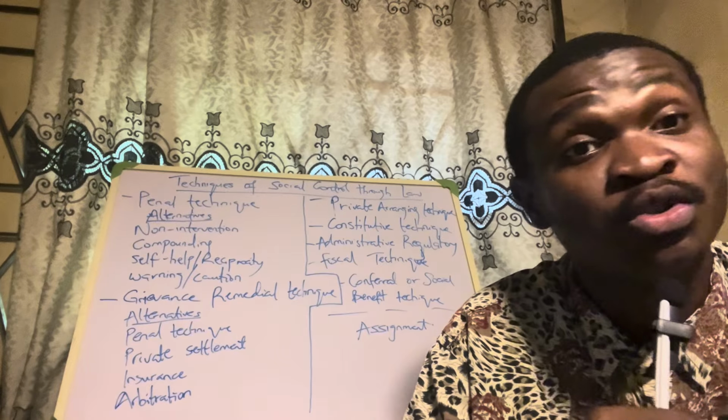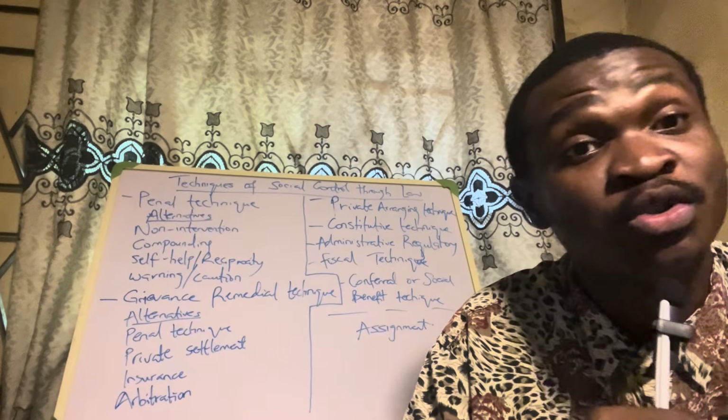Now, because we know that we are human beings, and of course, we are higher animals. And if you look at how animals live, you would know that even Thomas Hobbes has stated that without law, man's life will be nasty, brutish, and short. Anarchy would be everywhere. It would be survival of the fittest. Because there is no law guiding my movement. There is no law curtailing my excesses. So, I would do anything I want to do. It will be the rule of might. The only people that would now be alive are the people that are strong physically.